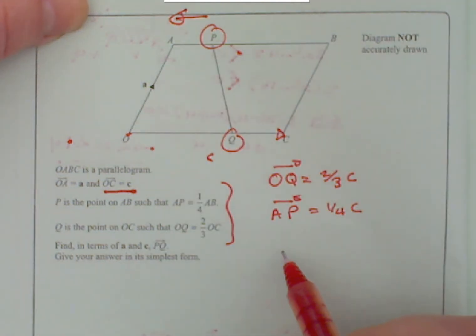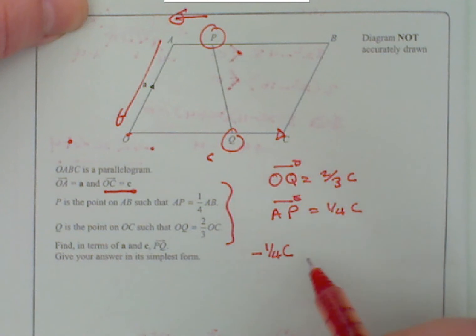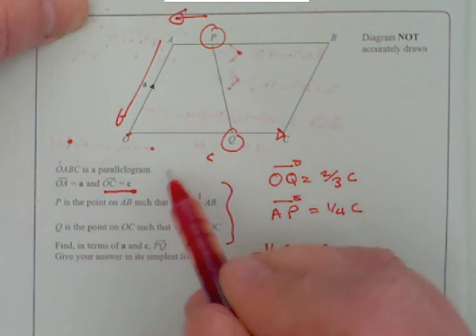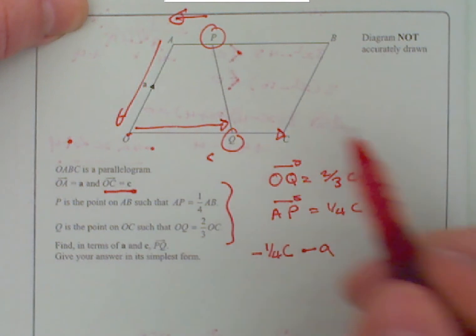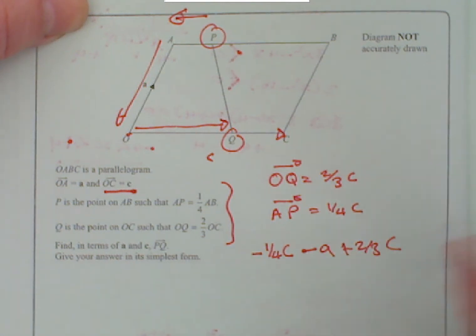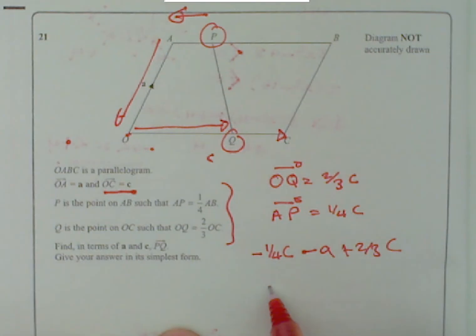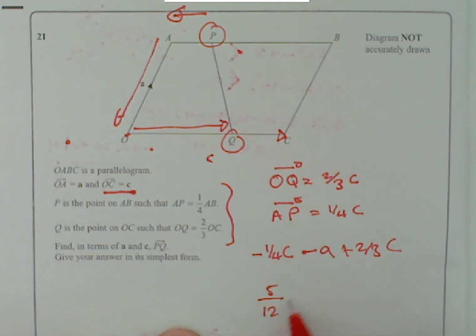Well, the reverse of AP is minus a quarter C. I need to do a reverse A, so that's minus A. And then I need to do a regular O to Q, which will just be plus 2/3 C. And that becomes 5/12 C minus